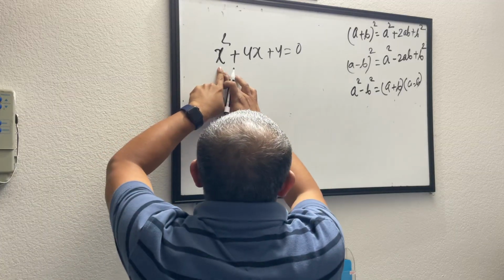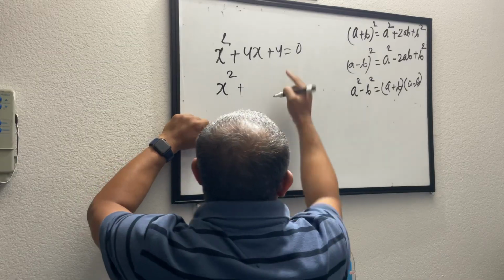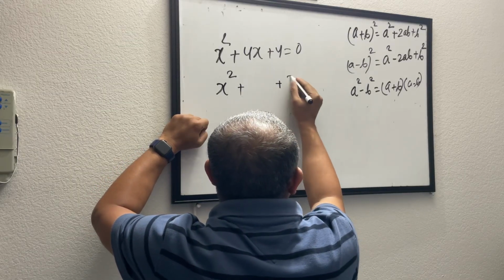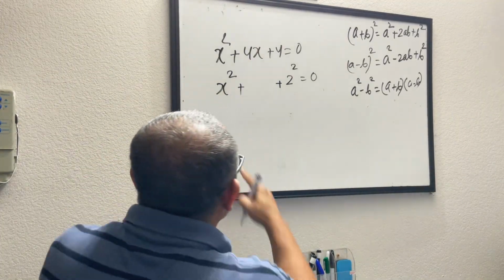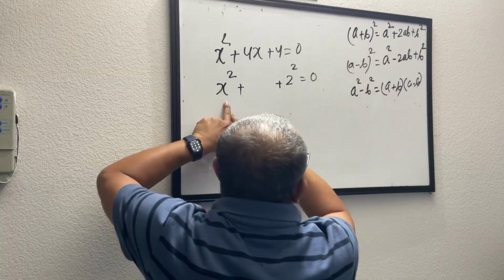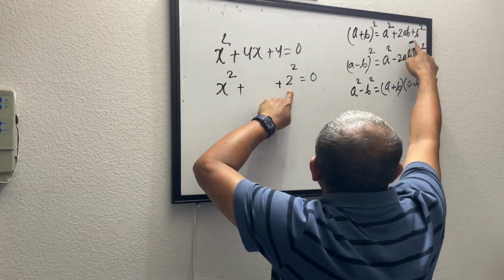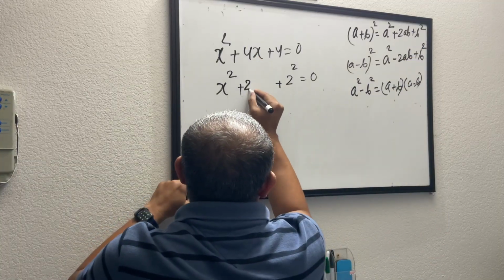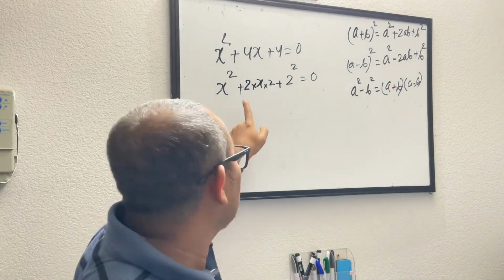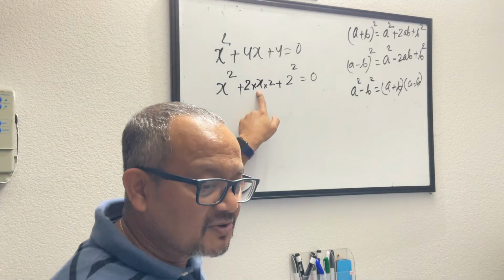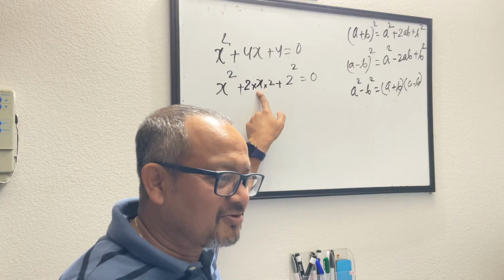I have x squared plus 4x plus 4. I'll keep x squared as x squared. Is 4 a square of something? It's 2 squared, right? And then this 4x. If I compare this with this formula, I have a squared, I have b squared, I need a 2ab. Now this 4x, I can break into 2 into x into 2. 2 times 2 is 4x. Yes, Vishwa. But why do we break it down? I am trying to do some magic here.